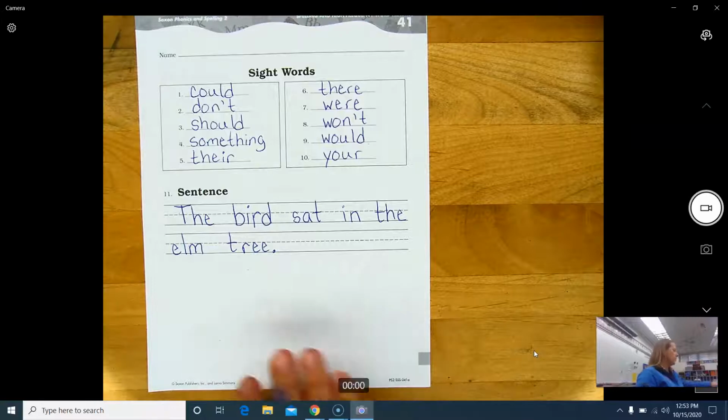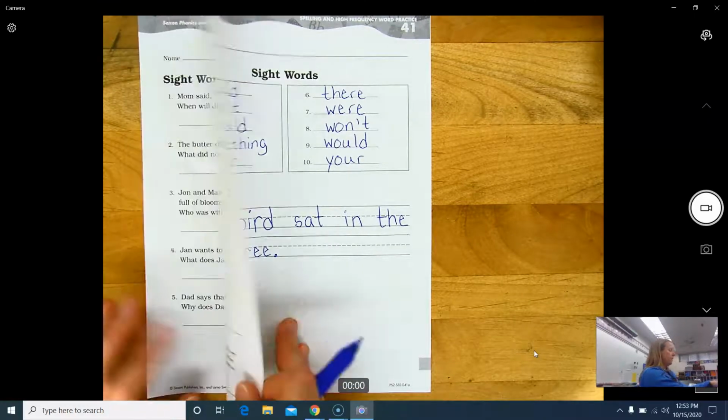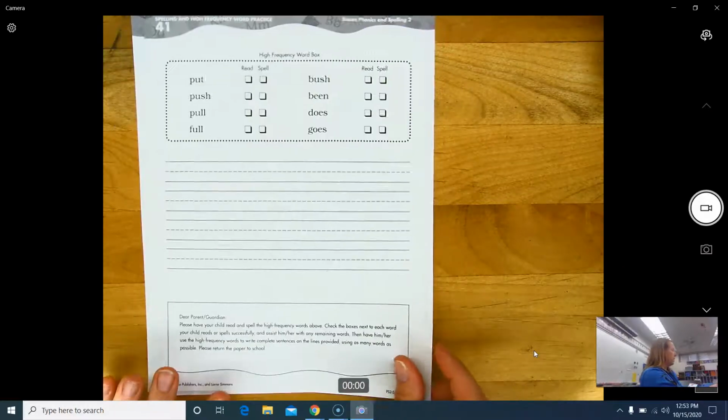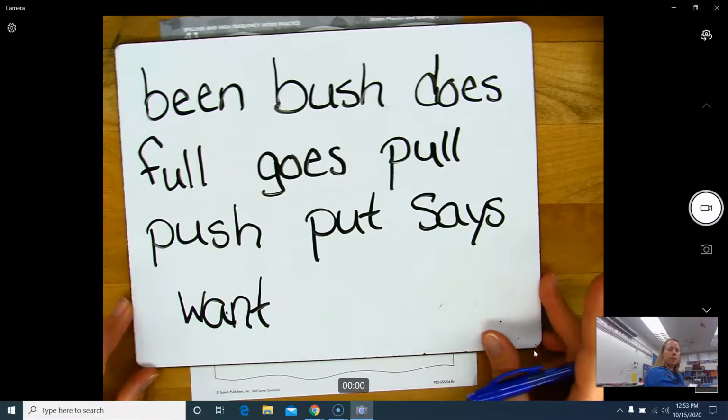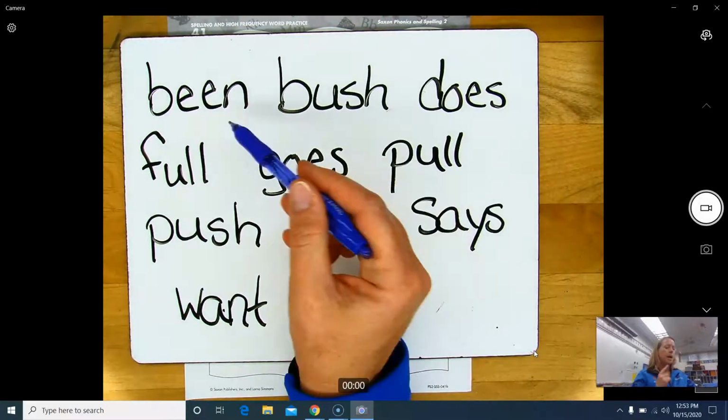Okay, let's look at our new words. We already reviewed these words when we did our review cards. Let's look at them again. So echo after me. Bin,